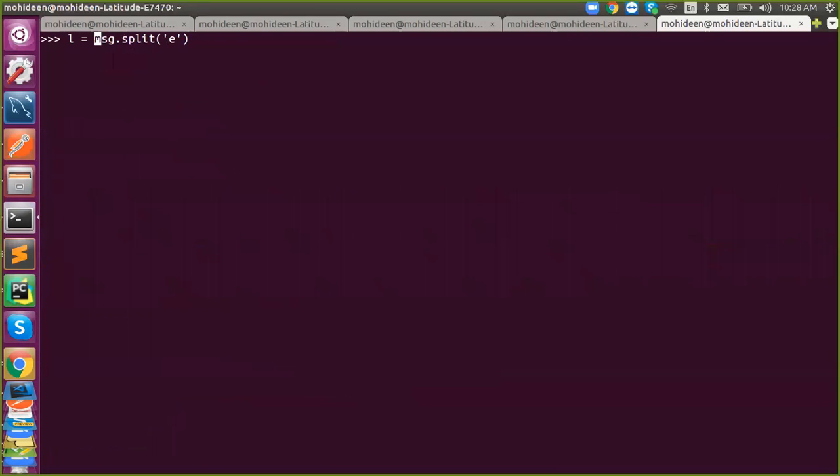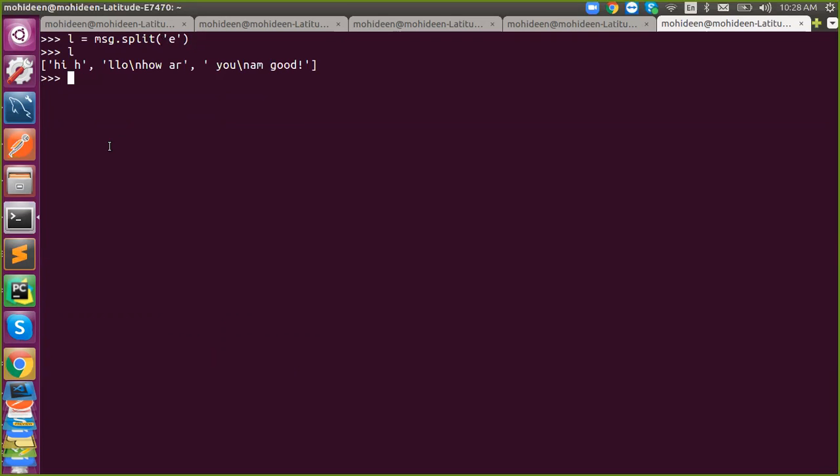So just assume this is my list. I want to add it together, to make it in an original format. What to do? Here, E was not there, but I want to frame a string with the help of E. So with the help of split, I have split on E, but I want to frame a new string that includes E.